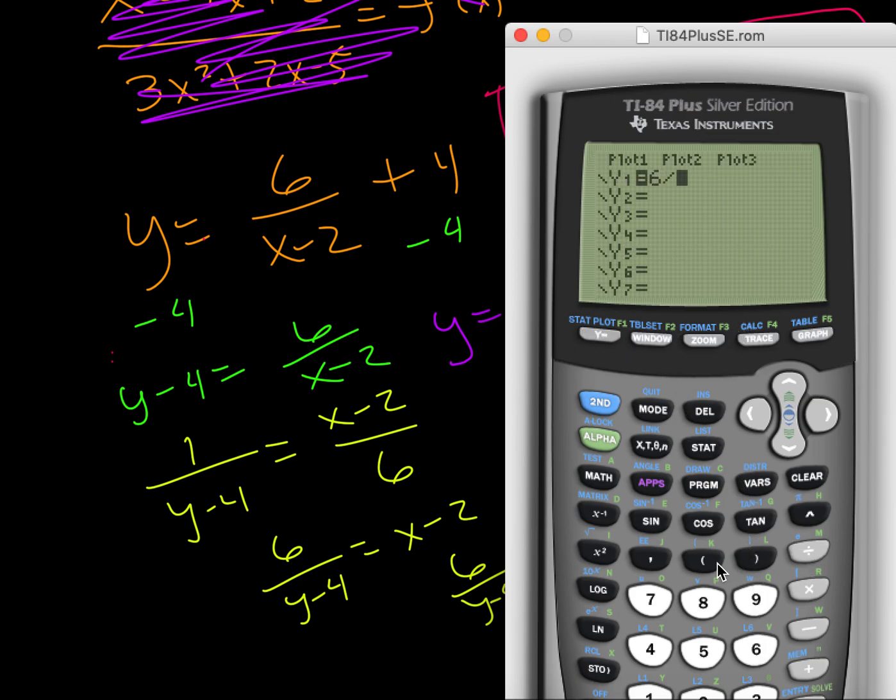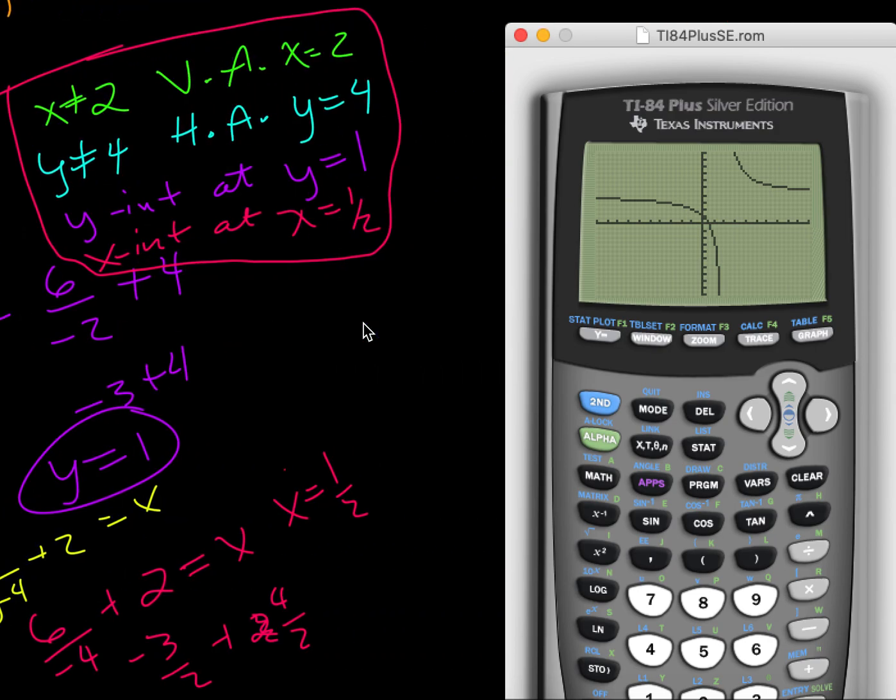So we do 6 divided by x minus 2, and then plus 4. So we want to graph this. Now, when we're sketching this,